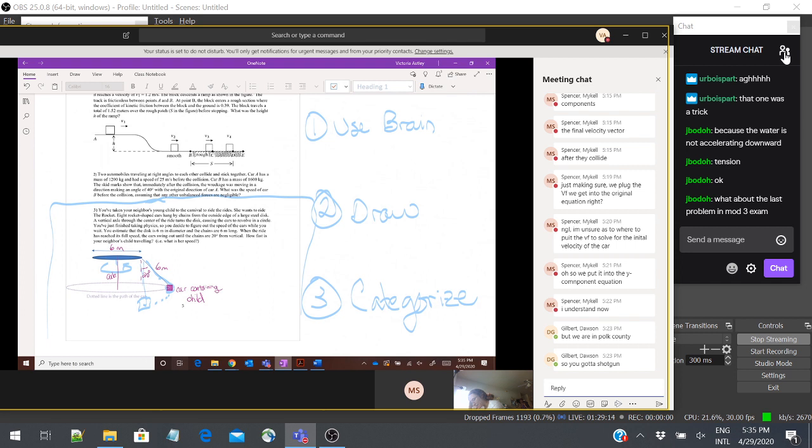The disc is 6 meters in diameter, chains are 6 meters long. When the ride has reached its full speed and the cars swing out until the chains are 20 degrees from vertical, how fast is the neighbor's child traveling? Okay, so you are given some information, but not a whole lot. That's kind of it. You're given the 6 meters, 6 meters and 20 degrees. And then you're supposed to find v, her speed. Speed is tangential velocity.